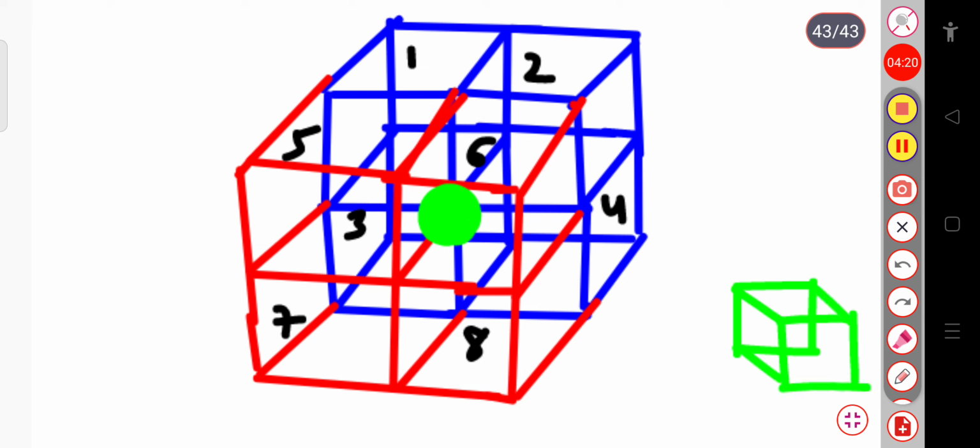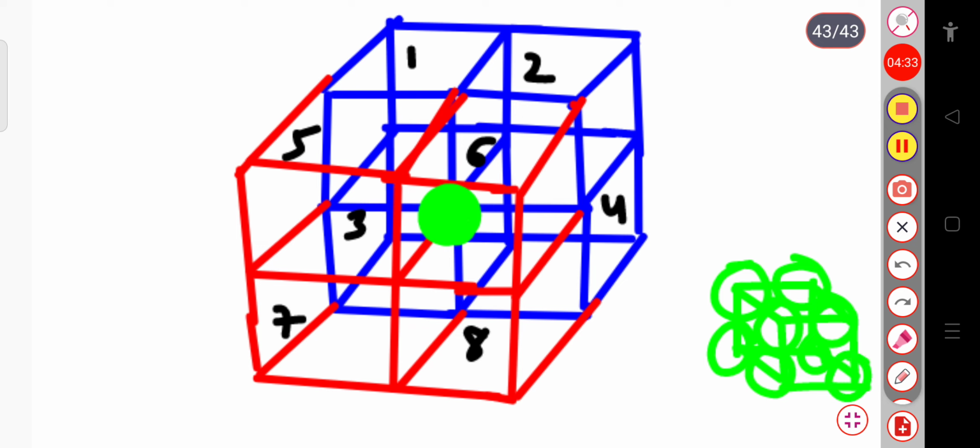Since there are a total of 8 corners of a cube, these atoms are present just like this. They are a very closely packed structure, so they will form just like this. Now I will consider only one corner atom. We can see that this corner atom is being shared by this cell, and the second cell, and the third cell.